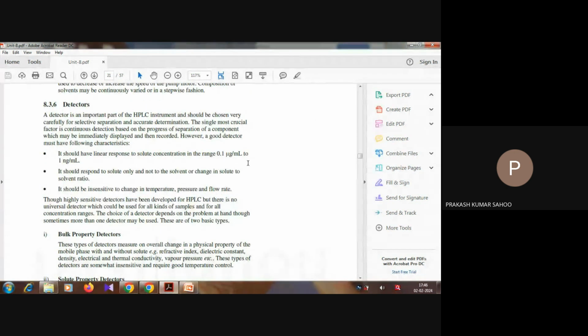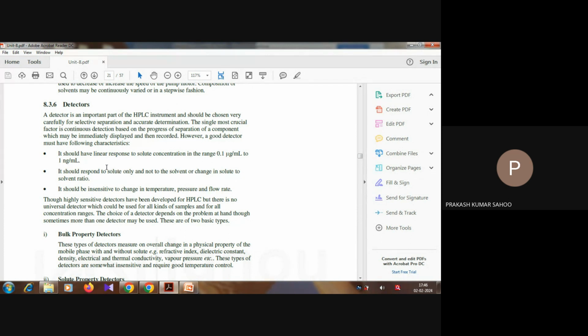Then we have the detector part. The detector we have already discussed in the PowerPoint presentation. The detector must be selected accordingly, based on the type of component to be separated from a mixture. The single most crucial factor is continuous detection based on the progress of separation of a component. A good detector must have a linear response to solute concentration in the range 0.1 gram per liter to 1